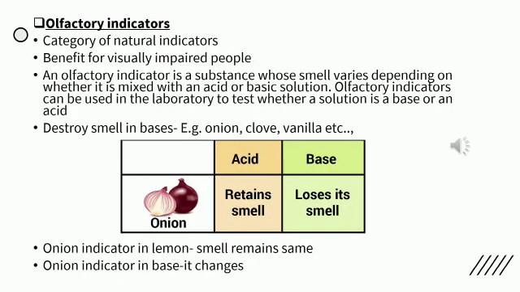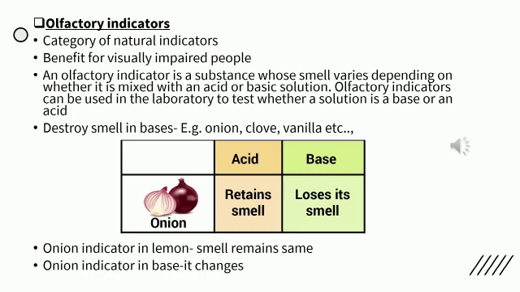So next synthetic indicator, that is olfactory indicators. I hope you people remember this term olfactory. When I was explaining the control and coordination chapter, I talked about olfactory receptors which are present in, yes, exactly, the nose, isn't it? So now you have an idea how it indicates. So olfactory indicators help in sensing the smell. Okay, so this is a category of natural indicators. It belongs to natural indicators, but still it is a synthetic one.